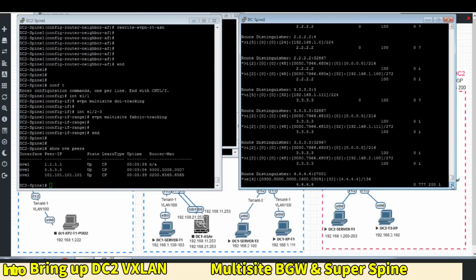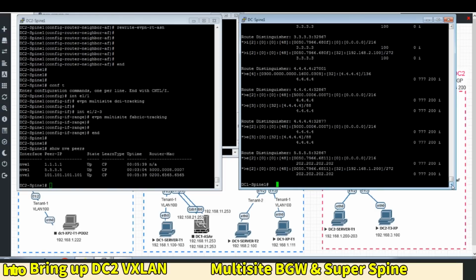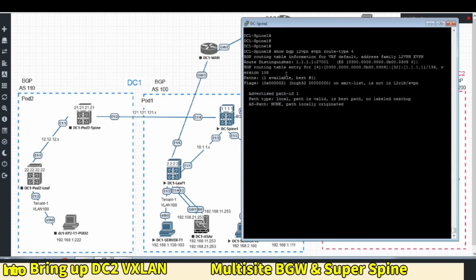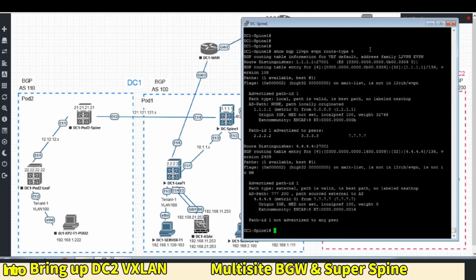And lastly, I want to show you the route type 4 we are talking about for BGW election. So show BGP L2 EVPN route type 4. What I'm showing you is I received my own route type 4, and this is the DC2 BGW route